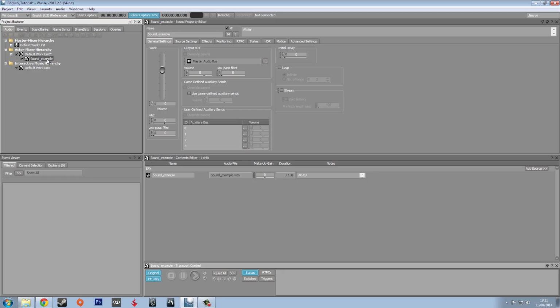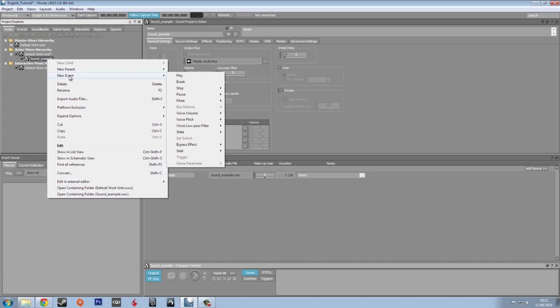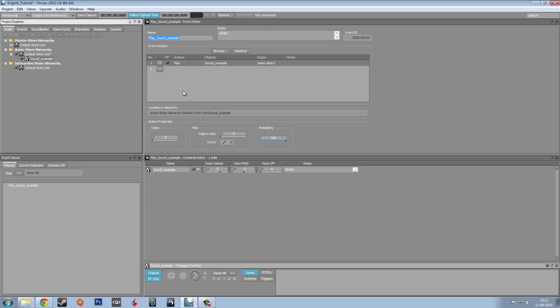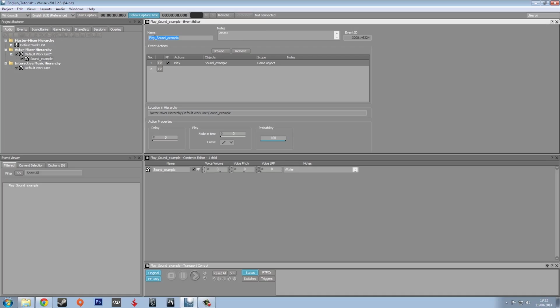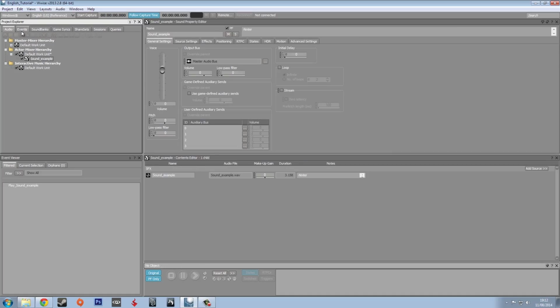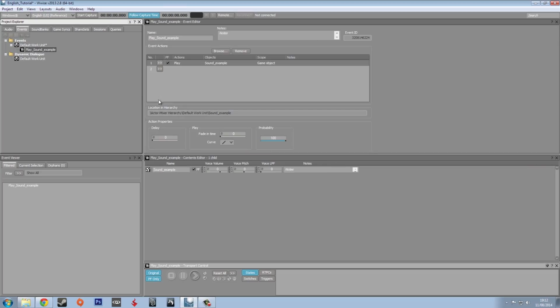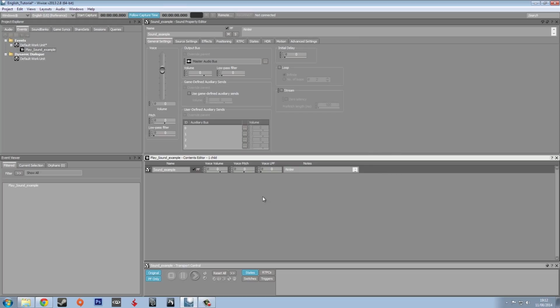The next thing we have to do is to create an event which will be used in Cryengine. Right click the sound, select new event, and the first one, the play event. The name of the event is at your choice, and here it will appear the event, and here the sounds that make the event. An event can be made by a lot of sounds, but in this case it's just only one sound